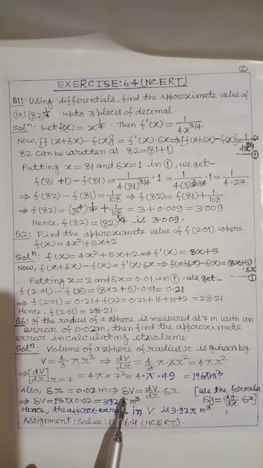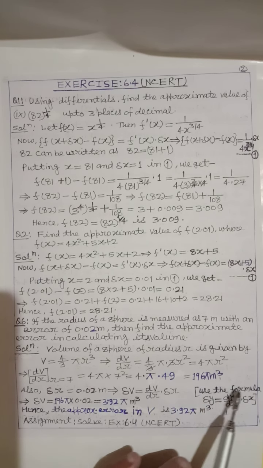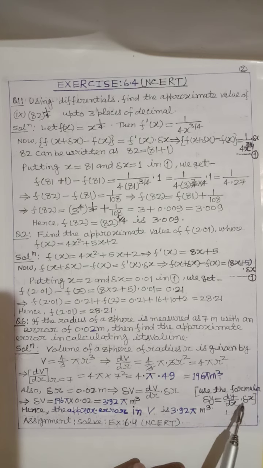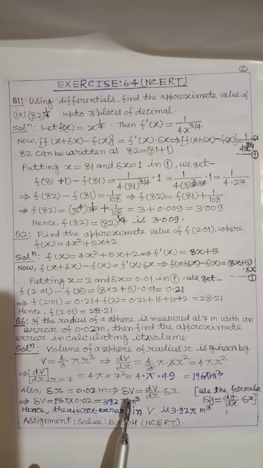So del v equals dv by dr into del r. Here using this formula, already del y equals dy by dx into del x. So using this formula we can write del v equals dv by dr into del r,